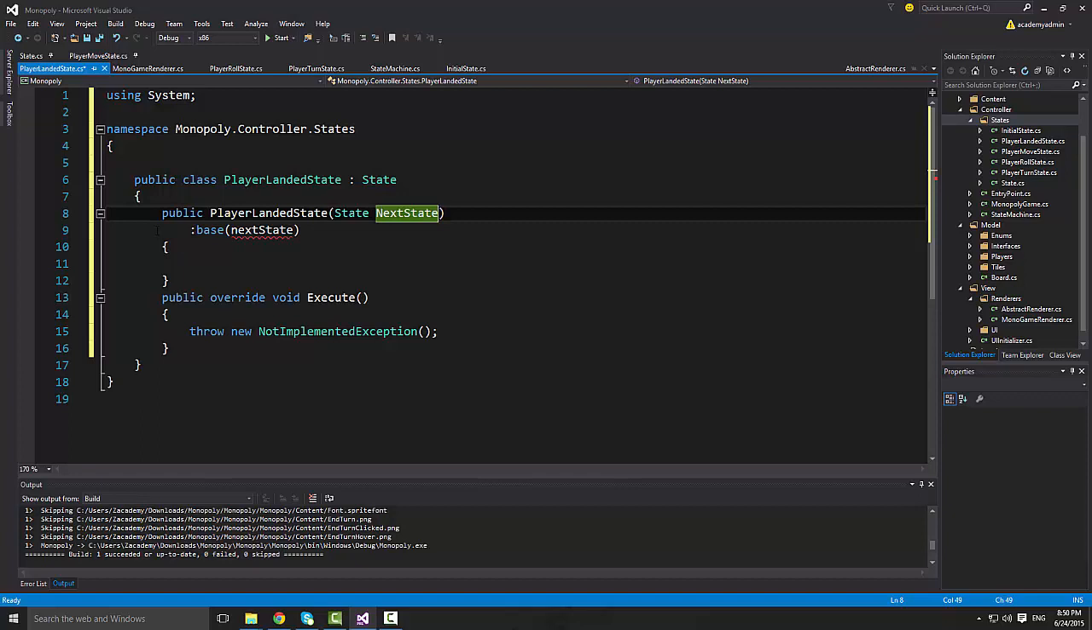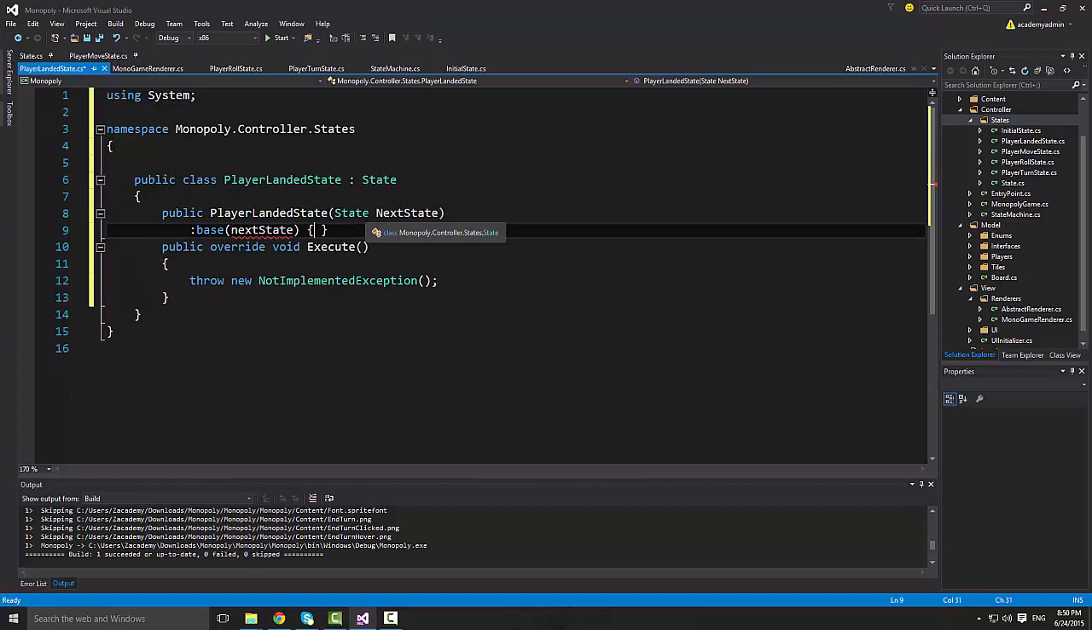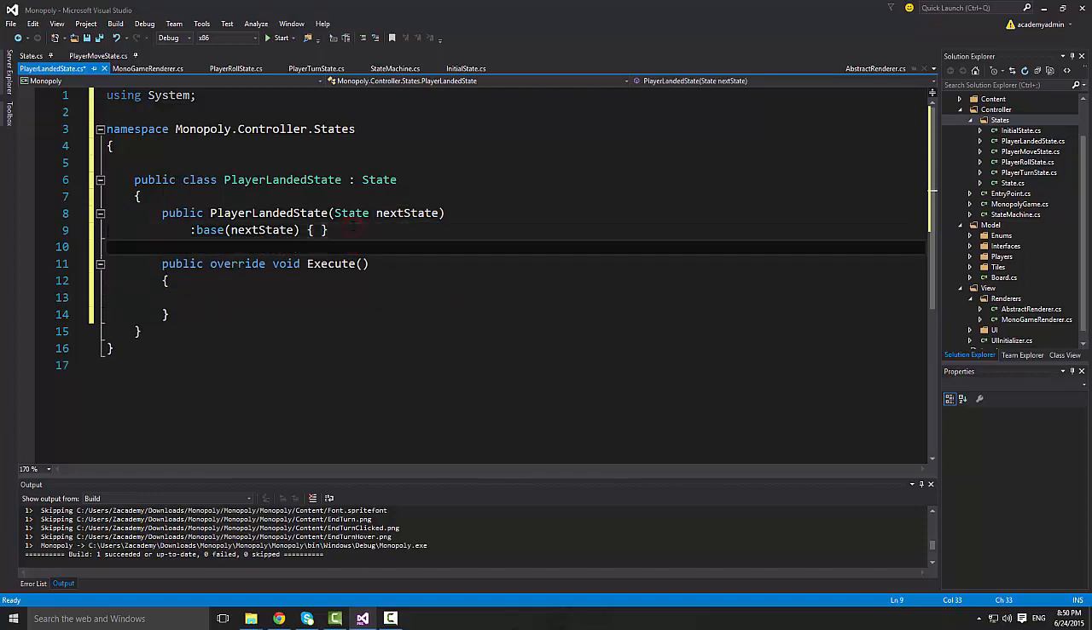Do I need to initialize something here? No, I don't, so I'll just move it as is, and I have to change this to camel case. Now the execute here is going to be slightly different, because we have to differentiate between the cases where we land on a tax, when we land on a street, and so on. Because if we land on a street, I would have to make the buy button active, depending on whether it's owned by someone or not, which is what's going to